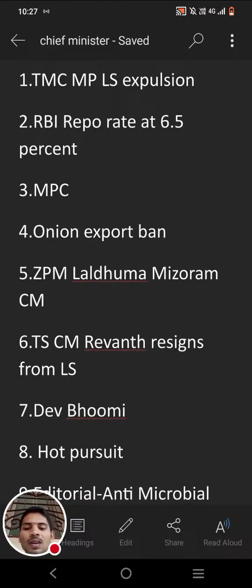Expelled is different from suspension. Suspension means it is only for a short period of time, or for a session, for 1 year, 2 weeks, but expulsion is permanent. It is something rare, when an MP has done something very wrong. But in this case, I think there is no proved evidence, but still she has been expelled from the Lok Sabha, which, in my view, is not right,